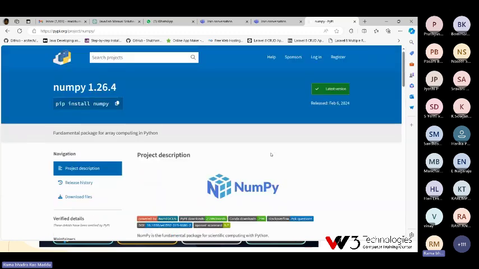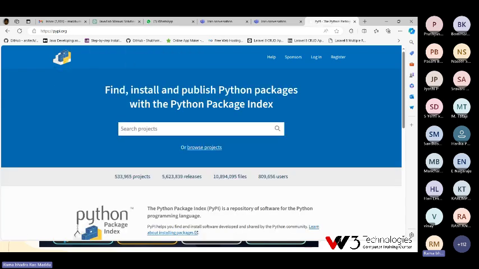Python's initial contribution was done by Guido van Rossum, but later thousands and millions of contributors contributed different libraries. Many developers contributed their own work for Python. All of that is available here on pypi.org. Nearly this many projects, this many releases, this many files, this many users, nearly 8 lakh users have contributed. 8 lakh developers contributed their work here. This is pypi.org, where we can find Python third-party libraries.